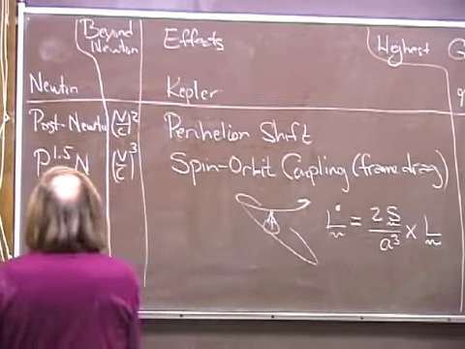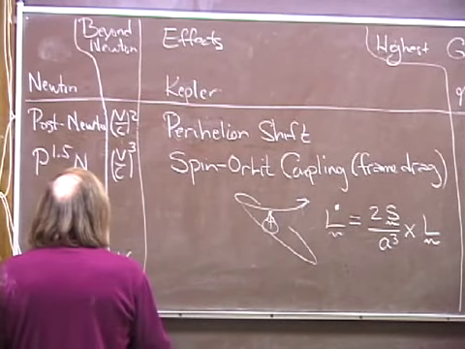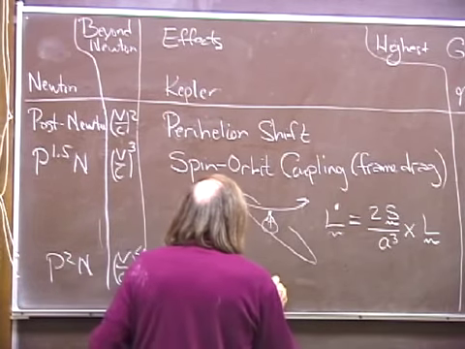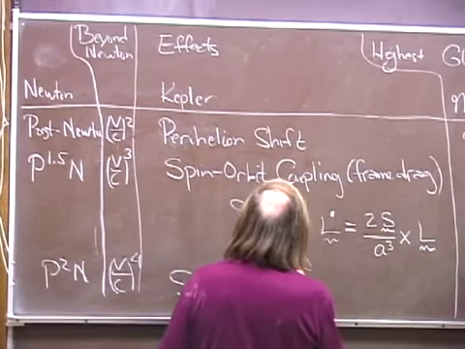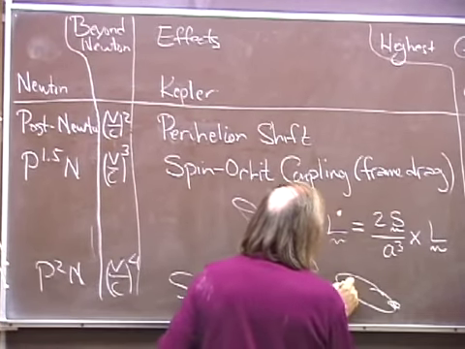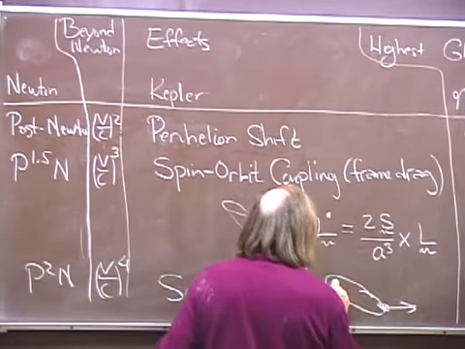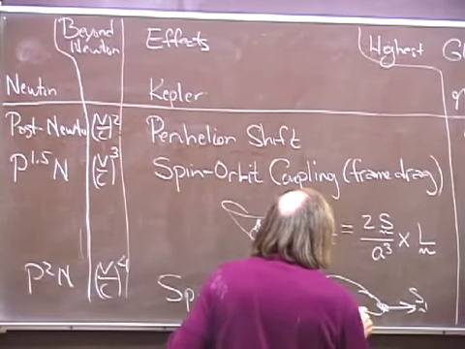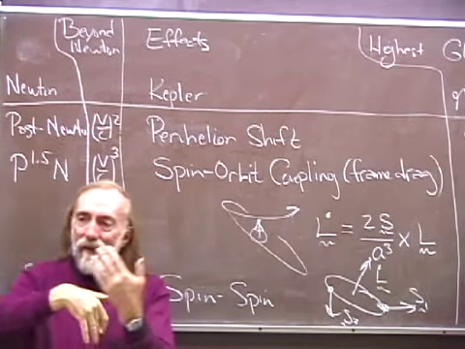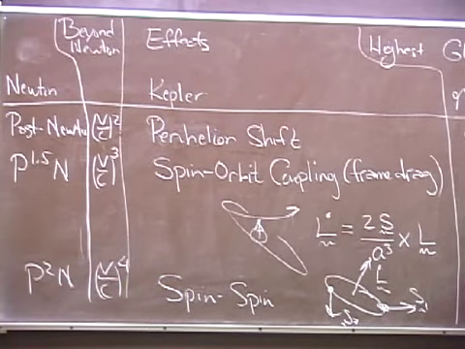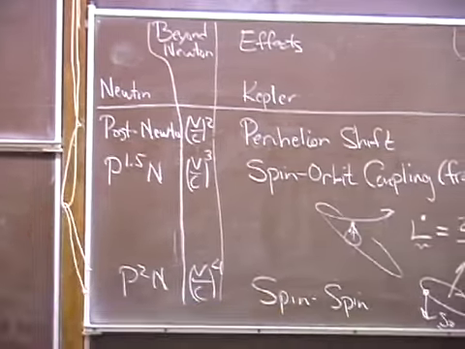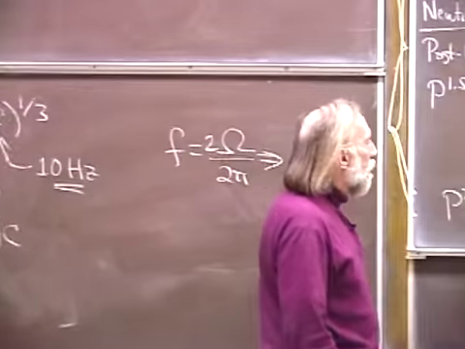And when you go up to post-2 Newtonian, you get spin-spin coupling. So you have three angular momenta by now. You have, let's put them one object here and the other object there, 2 spins, S1, S2, and you have an orbital angular momentum, L, and they're all dragging each other into precessional motion. You have a very complicated precessional motion coming at this order. That modulates the waveforms in a manner that Alessandro will describe.